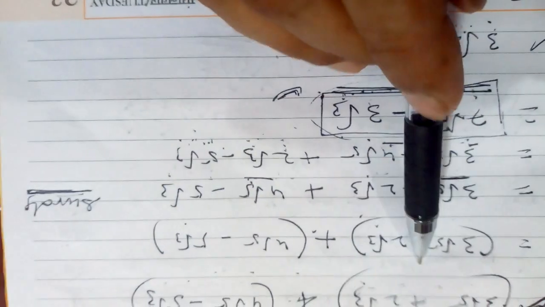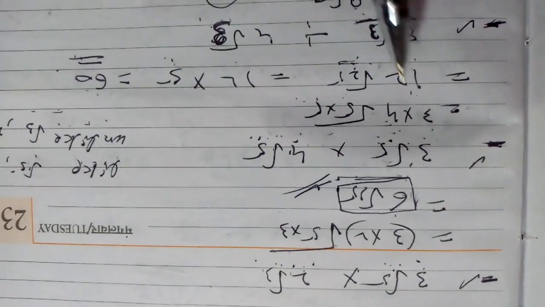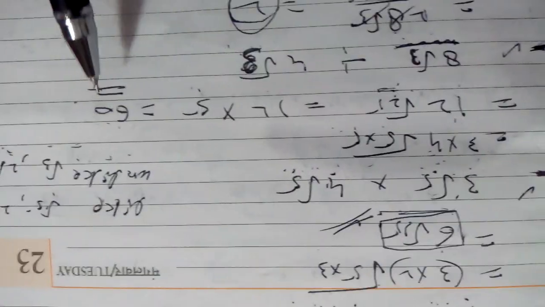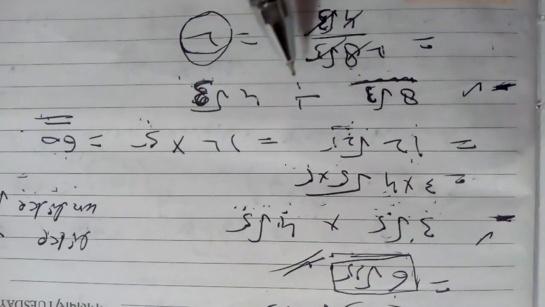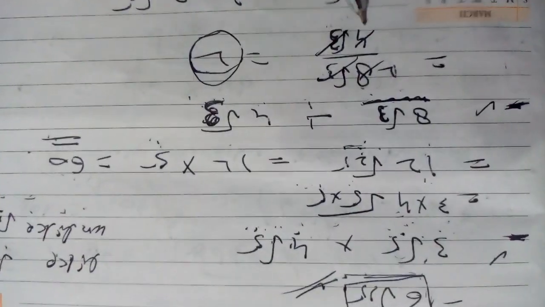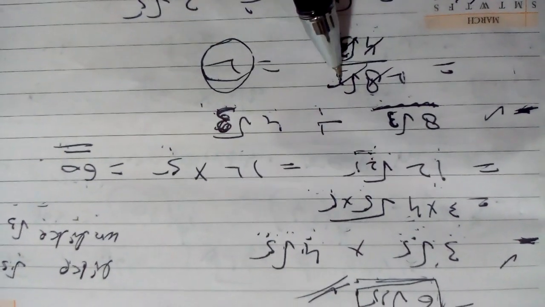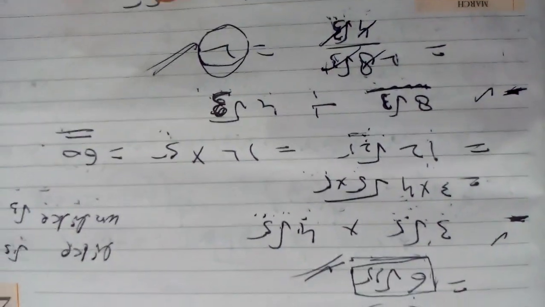Previously, when you added two irrational numbers, you got an irrational number. When you multiplied two irrational numbers, you got an irrational number. Here you are multiplying two irrational numbers and getting a rational number. One more example, when you divide 8 root 3 by 4 root 3: 8 root 3 upon 4 root 3, 4 into 8, root 3 and root 3, like surds will be simplified. Your answer is 2. It is again rational.